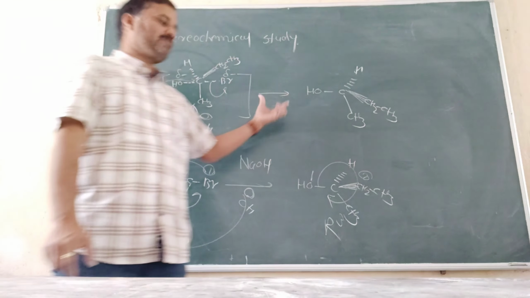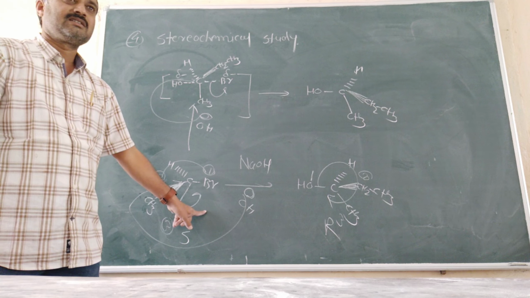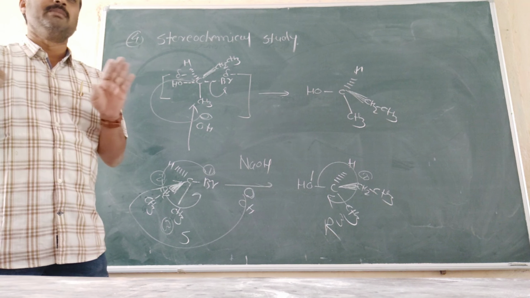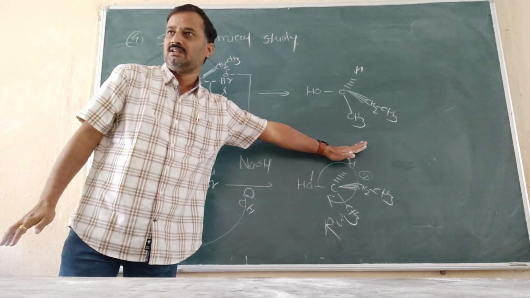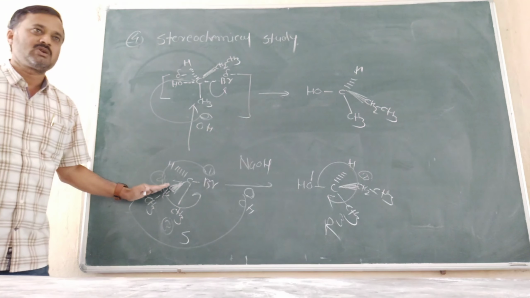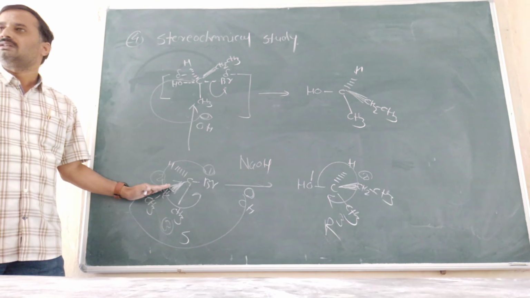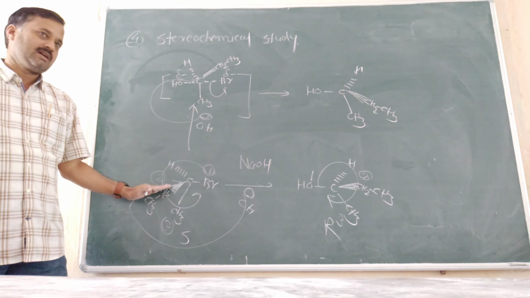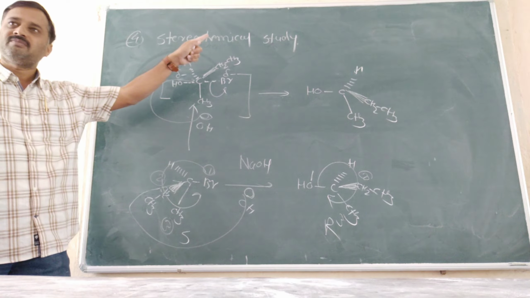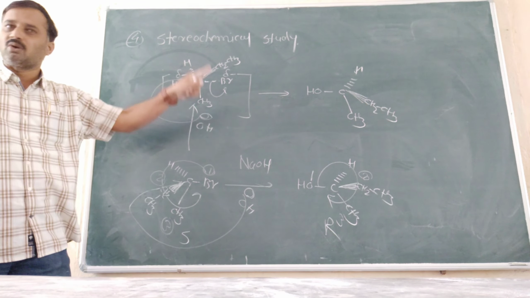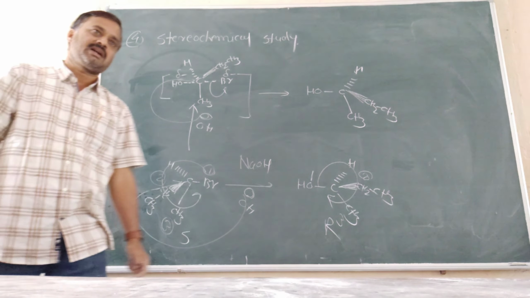This is the mechanism of this reaction. In short, remember, by knowing the stereochemistry of the reactant and the stereochemistry of the product, one can write the mechanism of any reaction. Using the stereochemical study of the reactant and the product, one can explain the mechanism of any